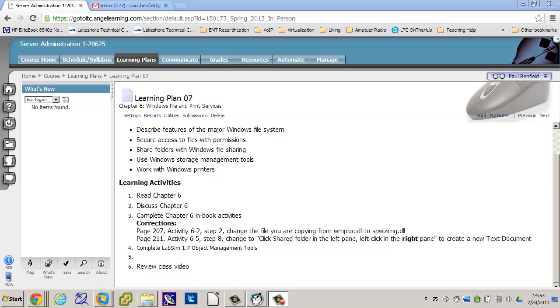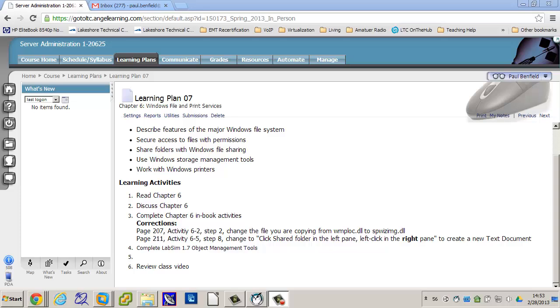It helps you organize stuff, bringing it all together so users don't have to remember all these different shares. The share is just the way to access all this data. It doesn't change anything with permissions at all. It's just how the user accesses it. And that's activity 6-3, using a volume mount point to put that in there.